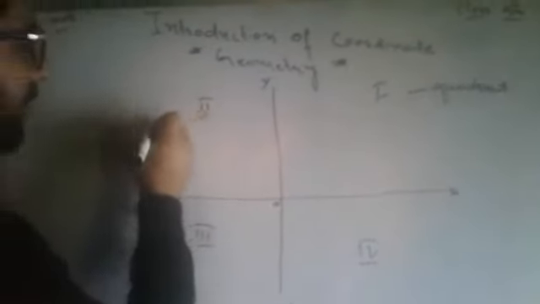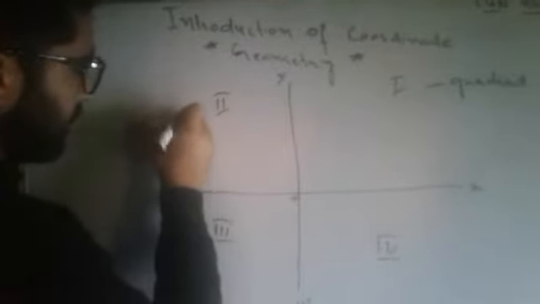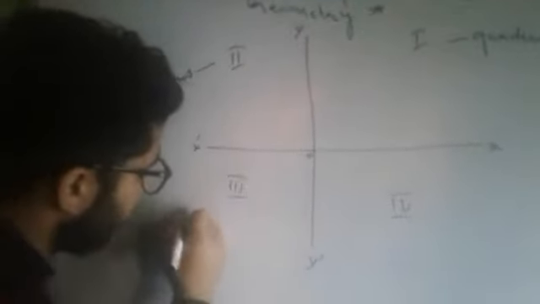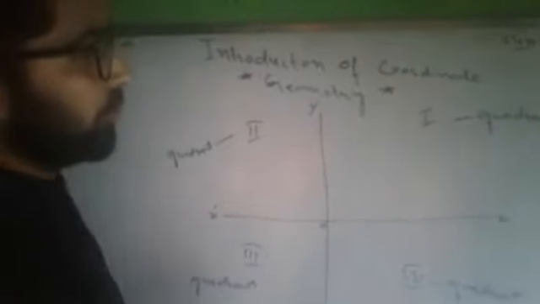So this is the first quadrant, and this is the second quadrant, and this is the third quadrant, and this is the fourth quadrant. So we have four quadrants in this Cartesian plane, and we should know